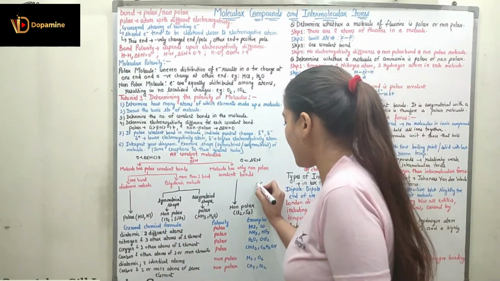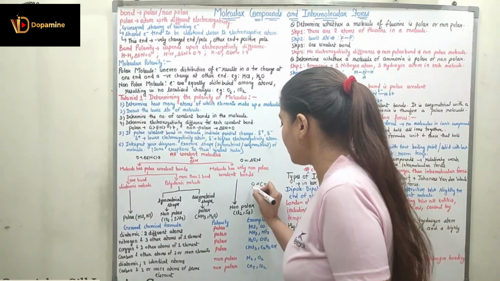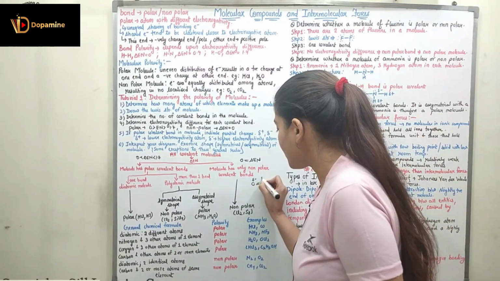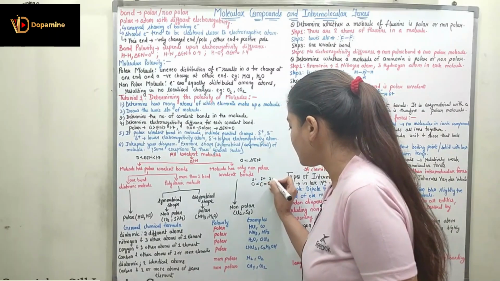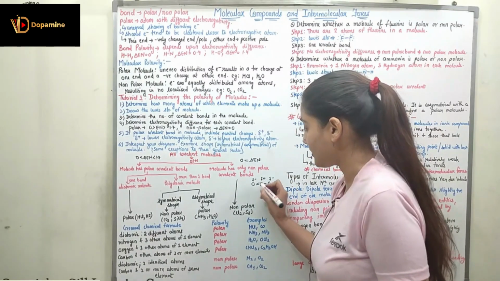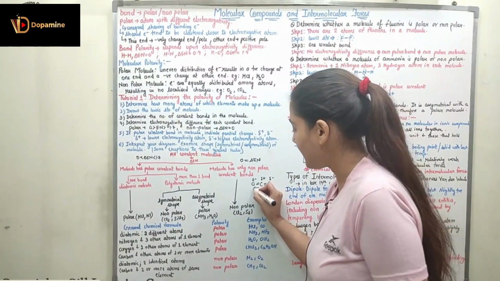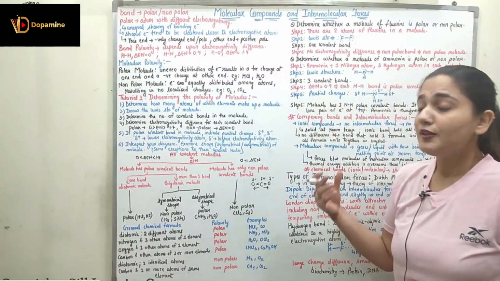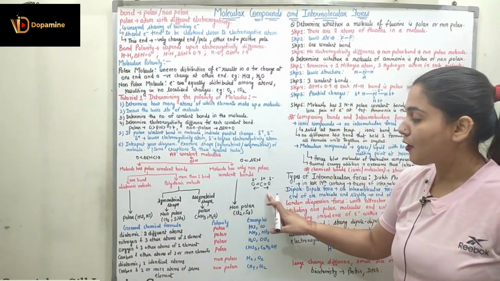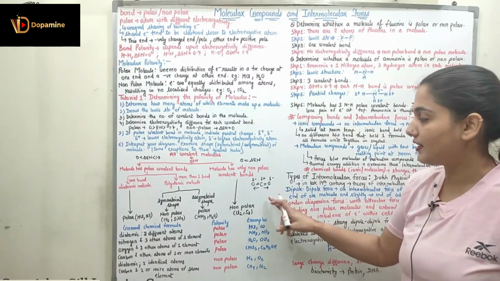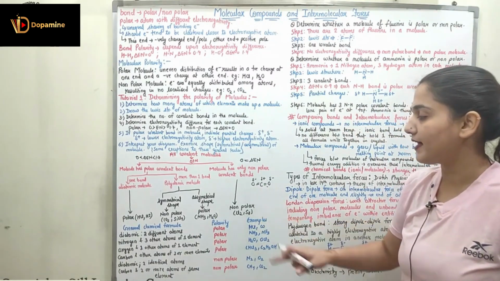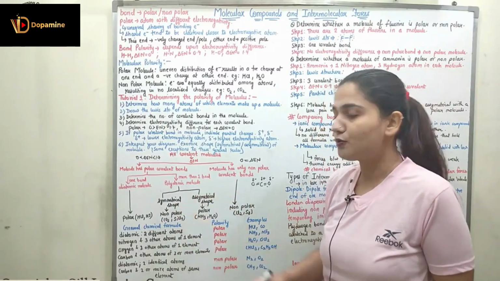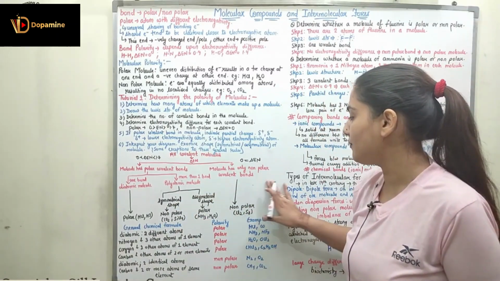In CO2 we have the carbon which is connected with two oxygen atoms. Here we will have a partial negative charge, and here on the carbon we have a partial positive charge. Here again we have a partial negative charge. This is a symmetric structure, and here the polarity is in this direction, here the polarity is in this direction. So the polarities are equal and opposite, which are going to cancel each other out, and thus this molecule is considered a non-polar molecule. So all of the symmetrically shaped molecules like CO2, SiCl4, these are my non-polar molecules.